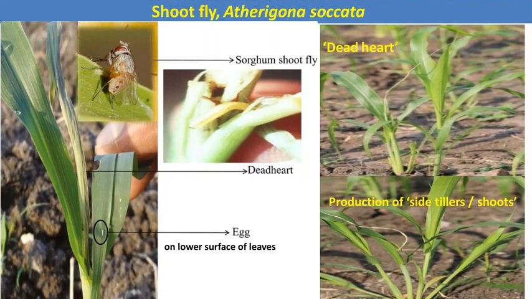The maggots enter the main shoots of the sorghum and feed on the inner content of the shoots, causing a characteristic symptom at the vegetative stage of the crop, that is the dead heart. Dead heart means that the central shoot of the sorghum crop, due to continuous feeding by the maggots of the shoot fly, dries up. At the reproductive stage, the production of a large number of side tillers or shoots is another characteristic symptom of this shoot fly in the sorghum crop.